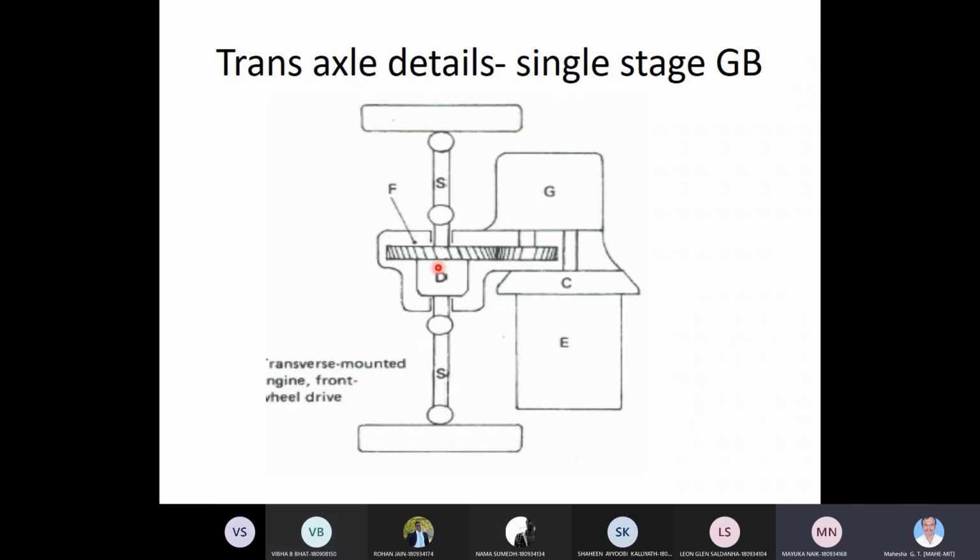You don't remember OAGR. Anyone can also tell, or else I have to. OAGR is the cumulative gear ratio available, which is the multiplication of the gear ratio selected in the gearbox, whether first, second, third, top or whatever it is, and the final drive ratio, which is constant and common between the various gears. So the multiplication of the final drive ratio and the gear ratio selected by the driver, either manually or automatically, depending upon whether it is manual or automatic transmission, is the OAGR. That OAGR is achieved, and then it is led to the road wheels.